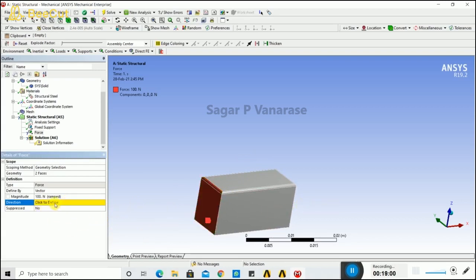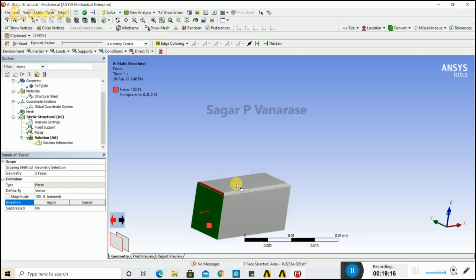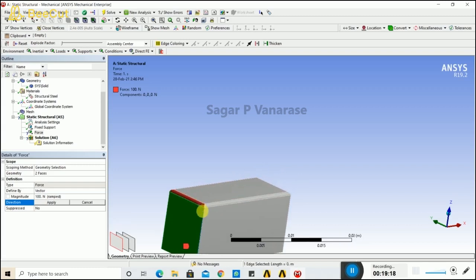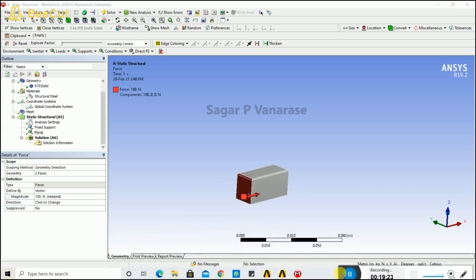Now I provide the direction. Just click on the face and provide the direction, and select both the faces, not a single face. If you select a single face, it won't apply the force, and the project will fail. If you select two faces, then you have to apply the forces on two faces only.